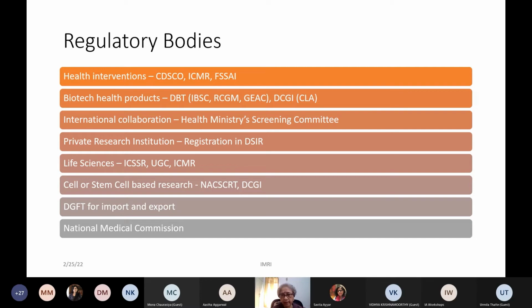Now, one thing people generally misunderstand is that the DGFT makes a statement saying that all the issues related to sending out the samples is actually the researcher's responsibility to see that all approvals are in place before the samples are sent abroad. So many researchers think that actually there's no further approval required. But